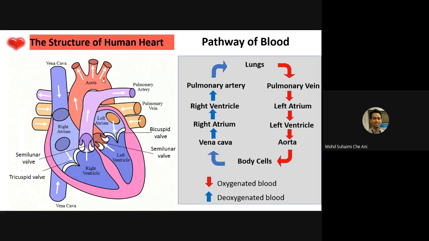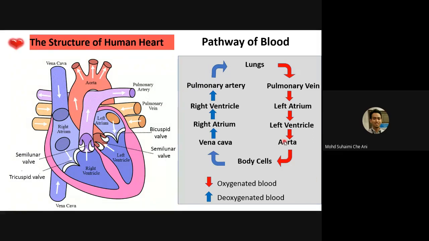So the aorta over here will carry the oxygenated blood to all the body cells in the human body except the lung. It will carry it to the feet, to the hand, to the brain, to all parts of the body. That's why you can see the aorta here with three arrows and three connections, because it carries blood throughout all